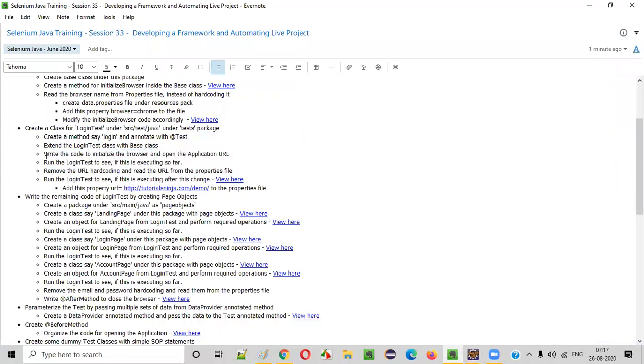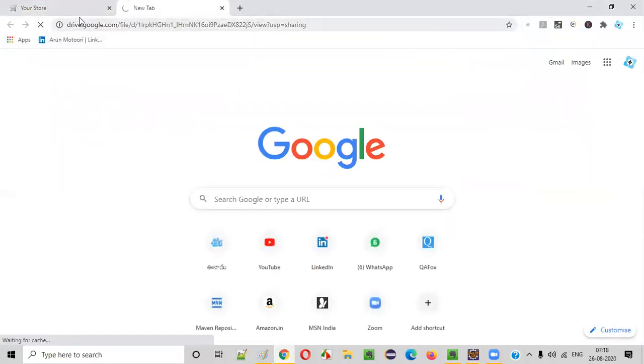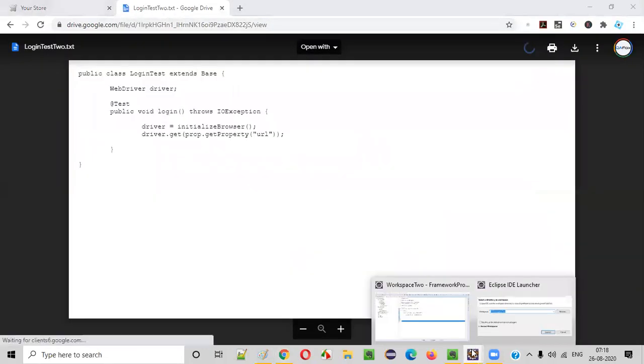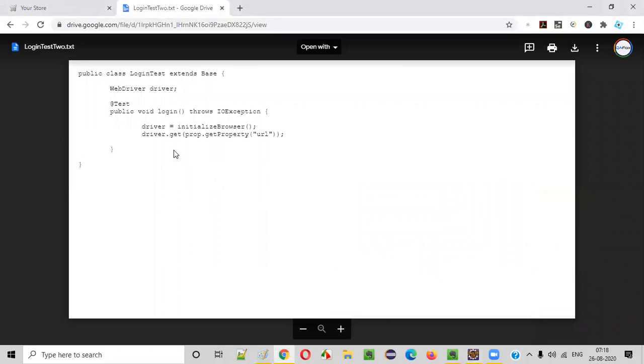Fine. So next step. We already called initialize the browser. We have to now open the application URL. We'll copy this and see this as a reference. So we just need to add this, nothing more than that.